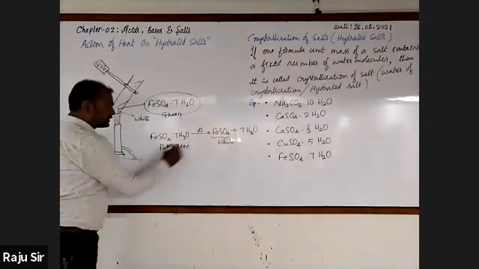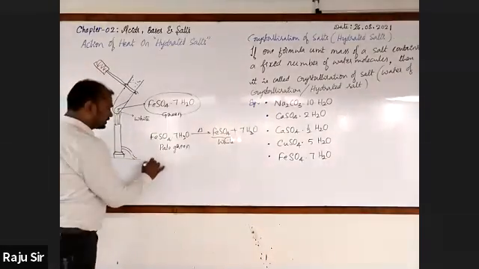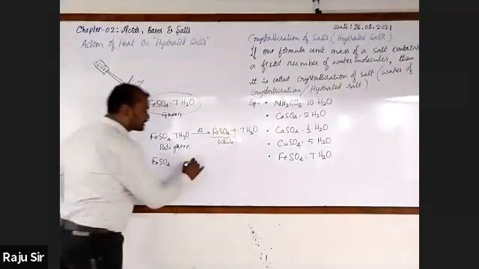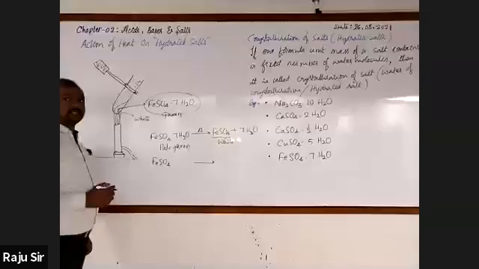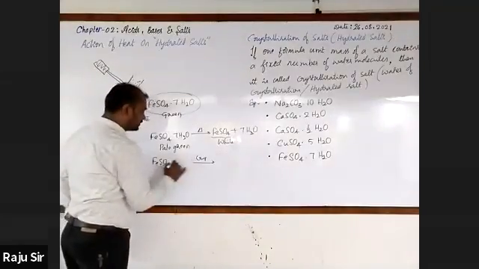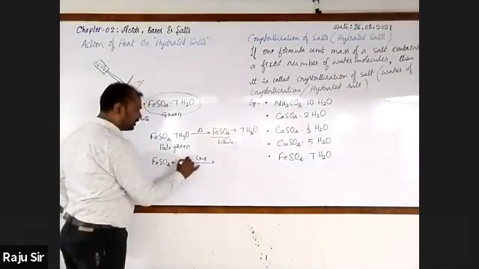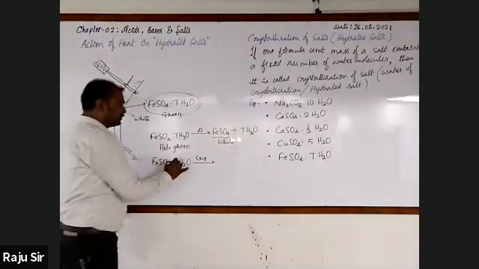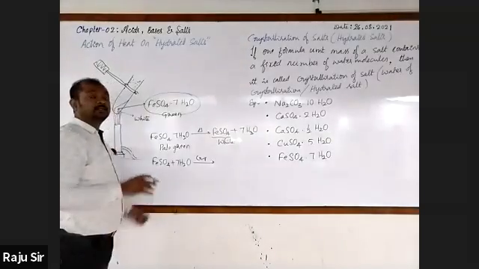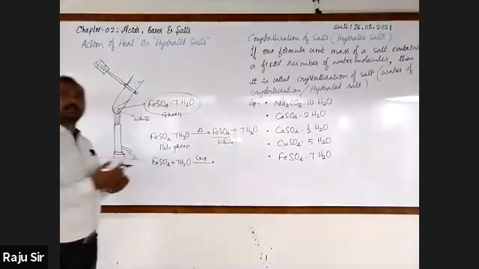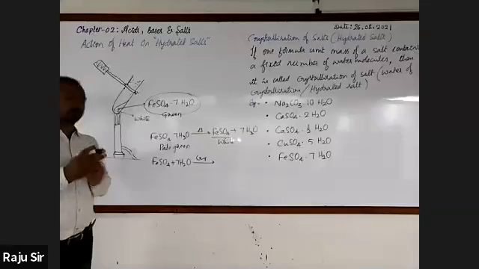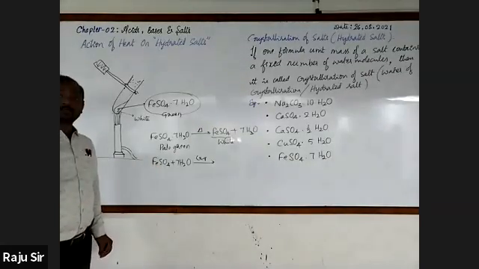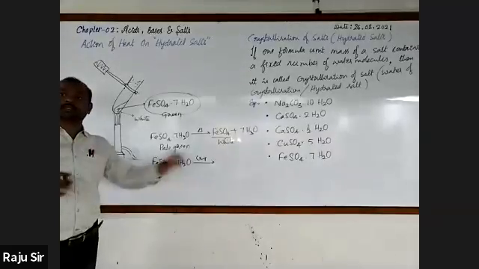Then let us take this white color iron sulfate, FeSO4. On crystallization, that means you will go for adding water to it. On adding water, it absorbs 7 molecules of water. If you add 10 molecules, it absorbs 7 molecules and the remaining 3 molecules will be as it is, which will be used for converting this into solution.